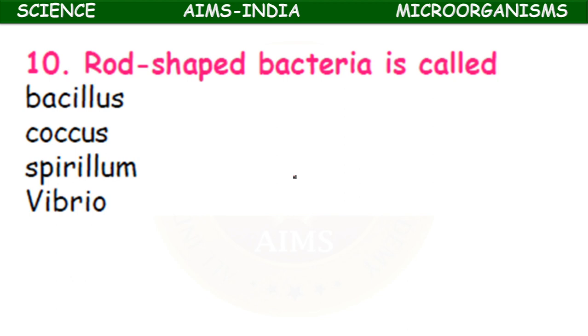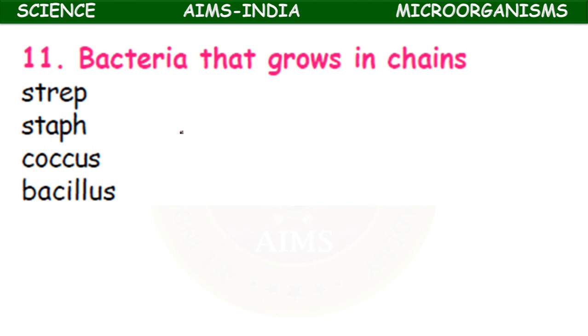So the rod shaped bacteria here, Bacillus. Rod shaped bacteria are called Bacillus. The bacteria that grow in chains, okay, for example, Coccus bacteria grow in chain, in group. Okay, so this type of chain-like arrangement is called Streptococci. The strep represents the chains. Okay,